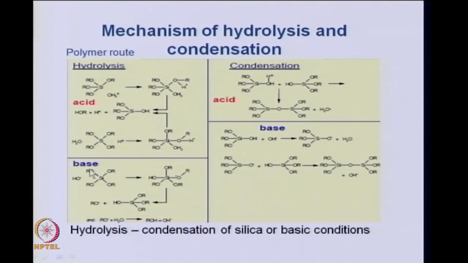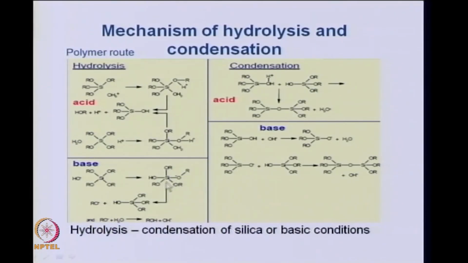Now, if it is base catalyzed, then the OH minus group will react and attach to the silicon, making this oxygen negative, and then you get this SiO trialkoxy group, with an alcohol group here, because one of these alkoxy groups is a leaving group,